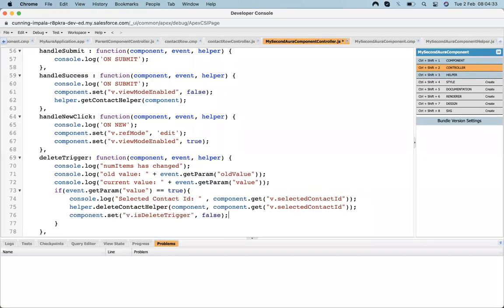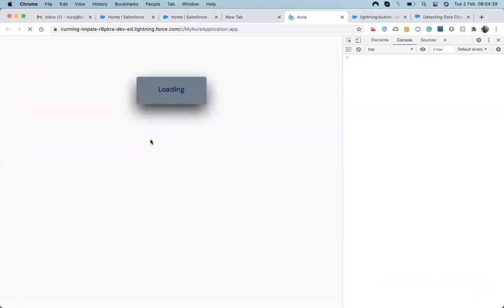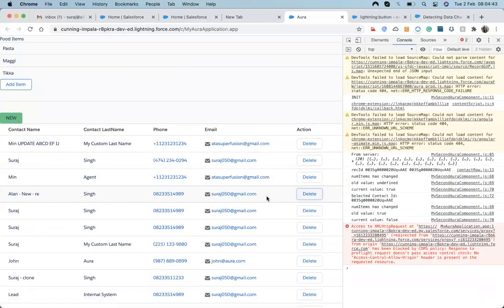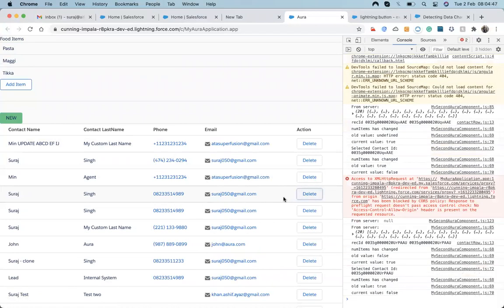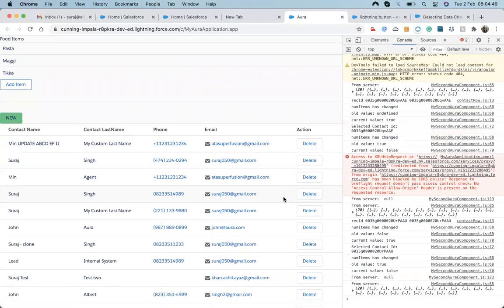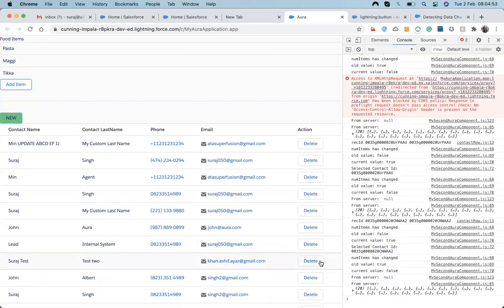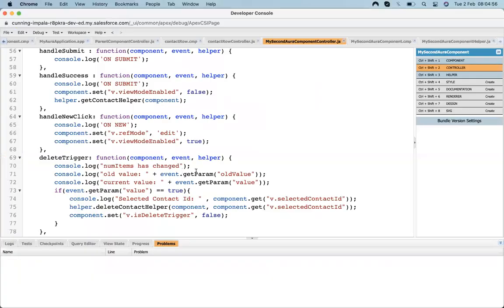Now let's try here. I click on this, deleted. Yeah, so whenever I click on this, it gets deleted. So in this way, what I did is I just created a child component.